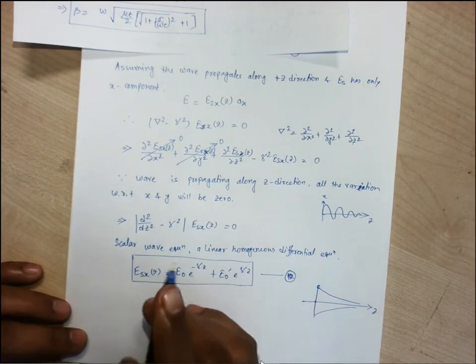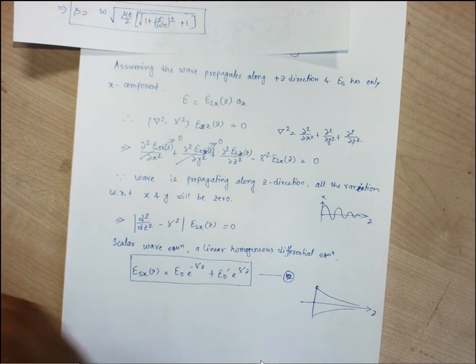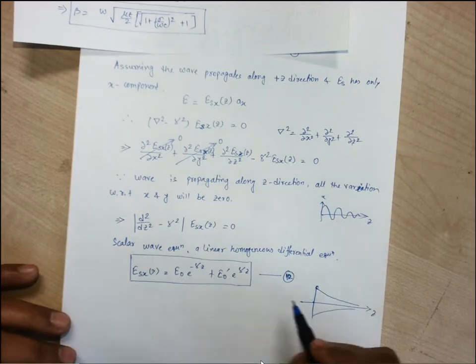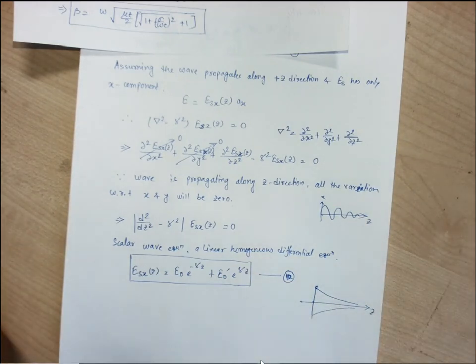So from this we can take that e to the power minus gamma z is propagating in the plus z direction, and e to the power plus gamma z is propagating in the minus z direction, because it is exponentially increasing. If it starts from the origin, it is supposed to have the minimum, and while it goes a long distance along z, it should have the maximum amplitude. So at the load end we have the maximum amplitude on the transmission line, at the receiver end where the load is there.